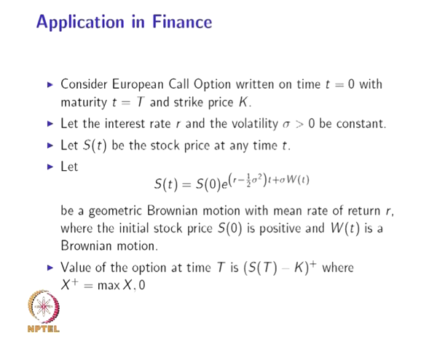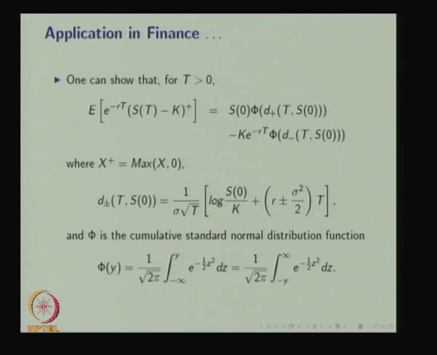Then one can show that for t greater than 0, the expectation of e power minus rT times the random variable (S(T) minus K) superscript plus, that means it will return the value 0 or whatever the x is for the maximum,